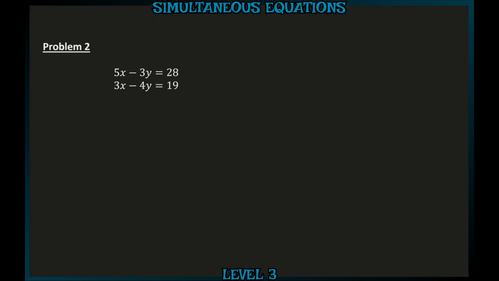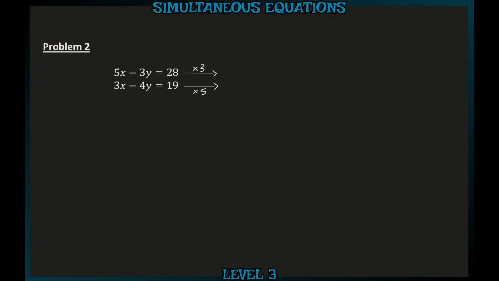We can multiply the first equation by 3 and the second equation by 5, and this will make the number in front of both x's 15, or we can multiply the first equation by 4 and the second equation by 3, and this makes both numbers in front of y's minus 12, and again the choice is ours. So I'm going to go the first option. I'm going to multiply the top equation by 3 and the bottom equation by 5,